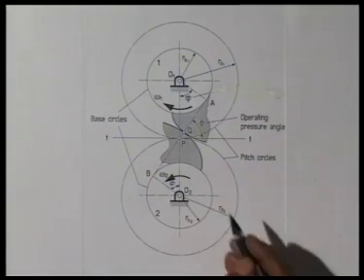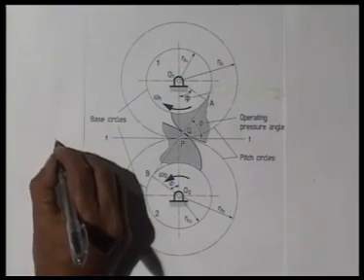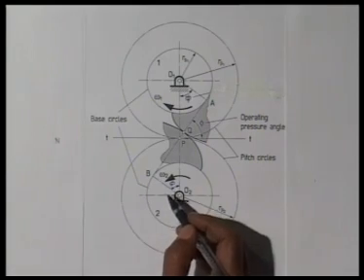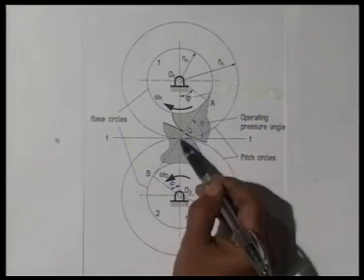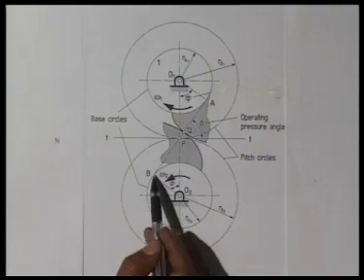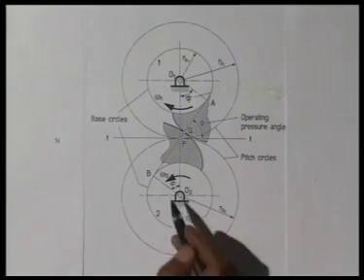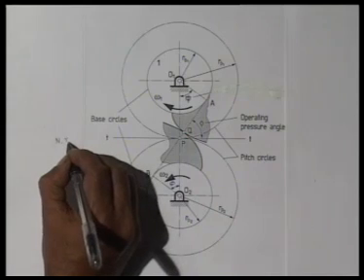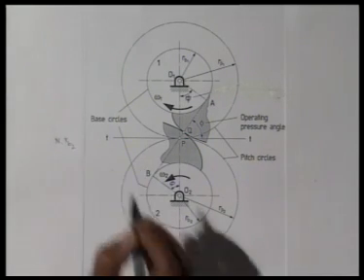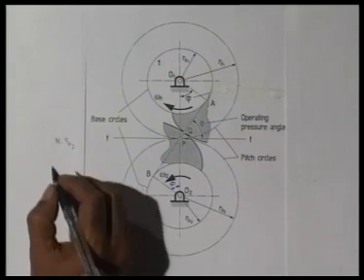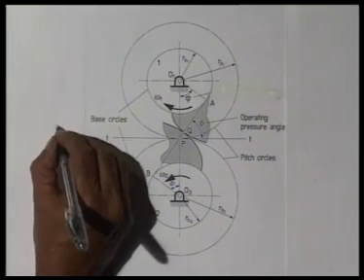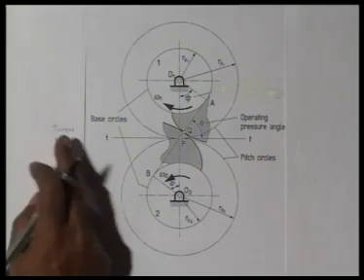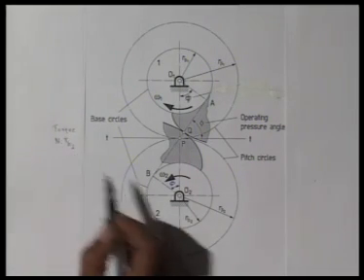So if this normal force we call N, then the torque that is transmitted is N times the base circle radius, because this line of action N is along AB and this angle is 90 degrees. So the torque acting on this gear 2 is N into RB2, and this torque is the torque that is transmitted to gear 2. Now if this torque remains constant, then N remains constant, because RB2 is constant, the base circle